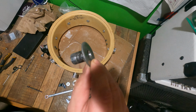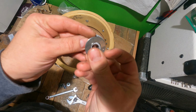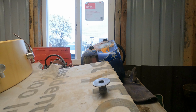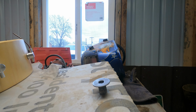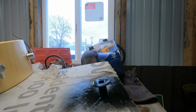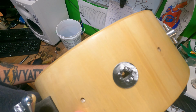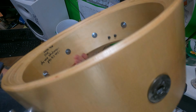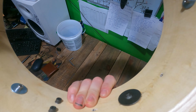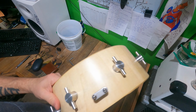Here's what we got so far. I'm gonna weld that washer on there. So I got the air vent made. Doesn't look super cool, but it's just made out of steel. I just cleared over it. I think it looks cool, the raw look on it. But one thing I noticed, I got it cleared, and